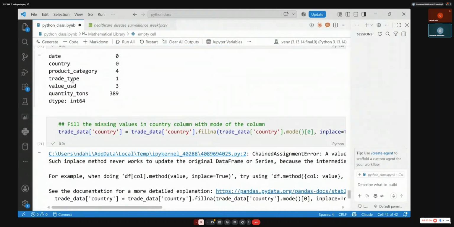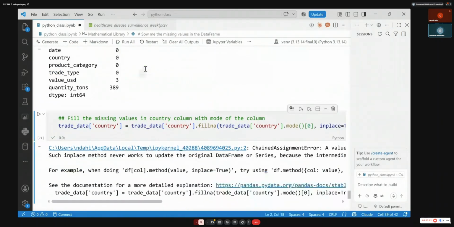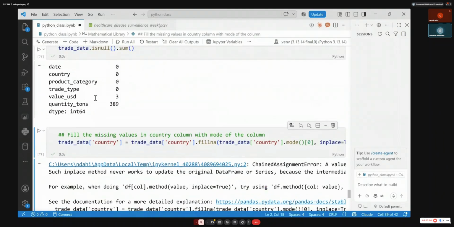So now let's finish our work of cleaning. Cleaning is one of the parts. The trade type is already cleaned with the backward fill. We remain with the quantity and value USD. Let's fill value USD with the average and quantity with the median.